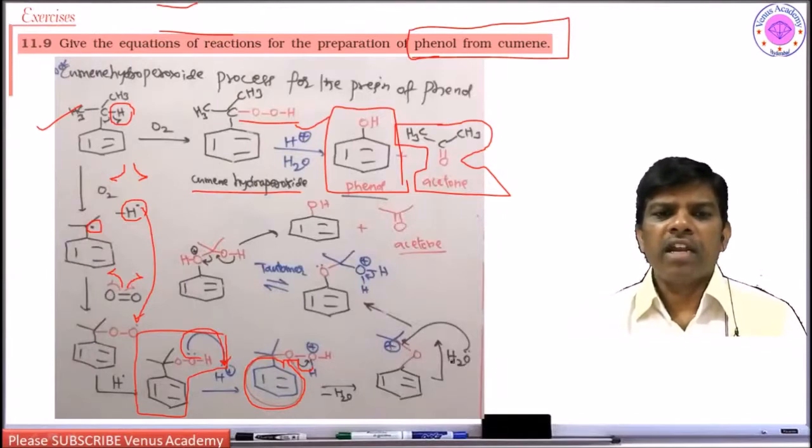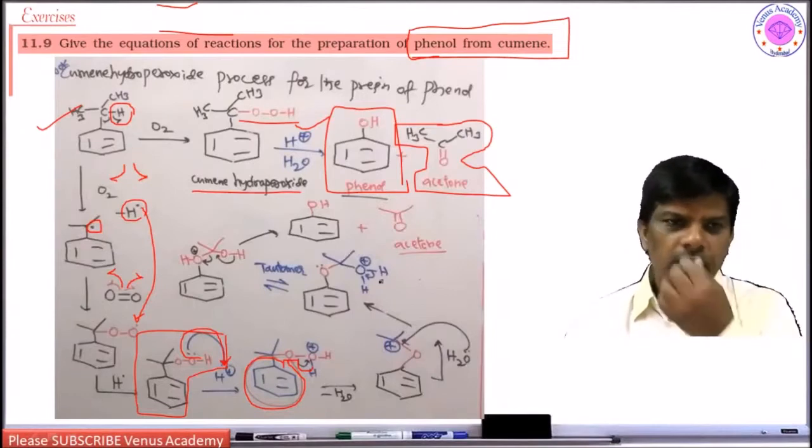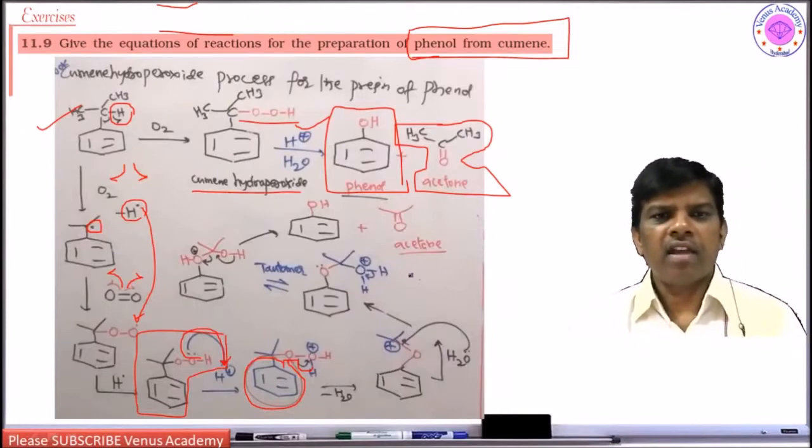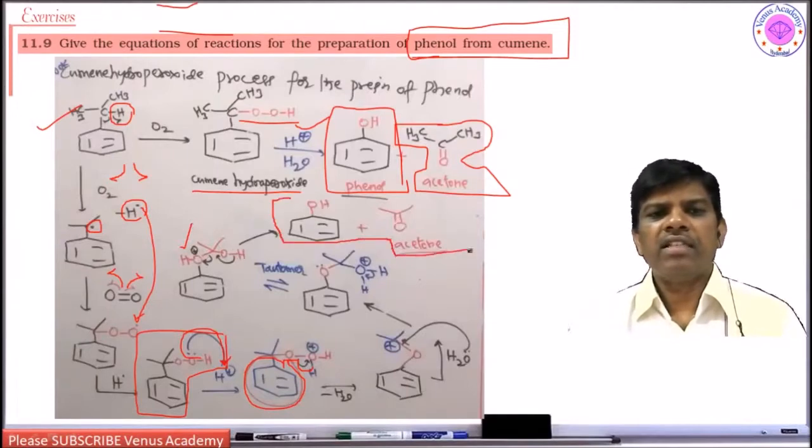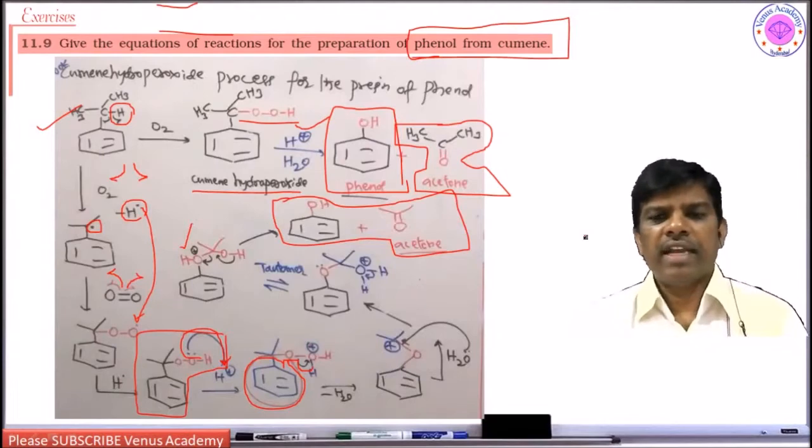Now this carbocation takes up a water molecule to give this. So here oxygen is attached here. At this stage it is going to lose H plus ions, or this tautomer, this hydrogen is going to be rearranged onto this phenolic oxygen, where at this stage it is having positive charge. It is going to lose as acetone. This is phenol. This is how you can prepare phenol and acetone. Yes, students, the same thing is explained during the video lecture also. Right, next,